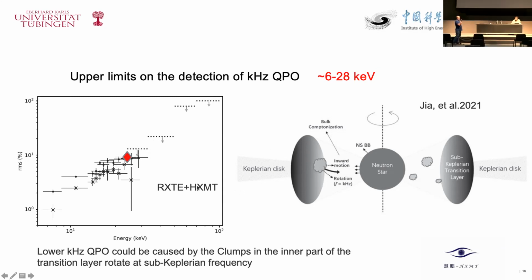Yeah, 30 keV is the cutoff of the black body. Of course, this tail varies a lot, so there you expect the RMS will increase to high energies. And so I would suggest that you just plot the Fourier frequency resolved spectra and see how it looks at kilohertz frequency. And so you will see what is the spectrum of this component. Yeah, that is a very good suggestion, but the problem is we do not have a lot of photons above 30 keV. So that is the problem. Thank you very much for the suggestion.